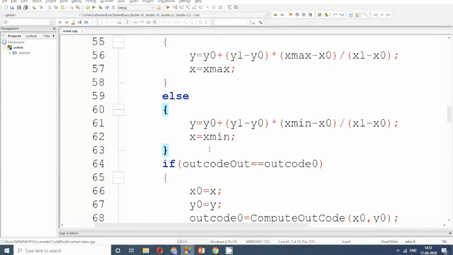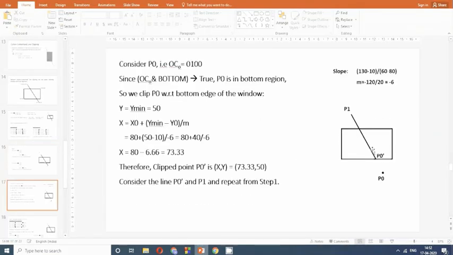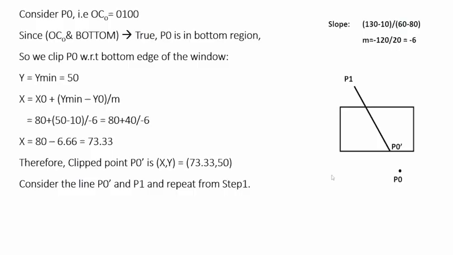This if else ladder will give us the intersection computation. Now after computing the intersection, what we have to do is consider the updated line. That is, this line is what we have to consider. So in the program, let us say this is my x0 and this is my y0, and I calculated my x and y, the intersection points here. So I'll update x0 and y0 to x and y. So x0 is equal to x and y0 is equal to y.